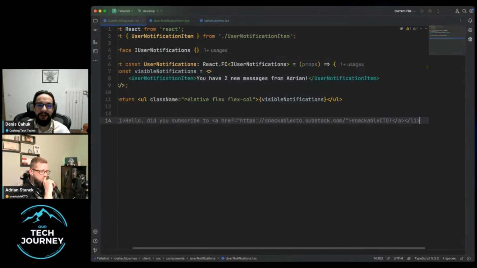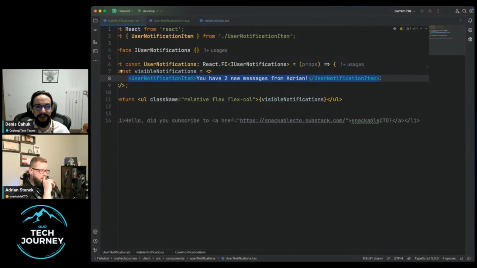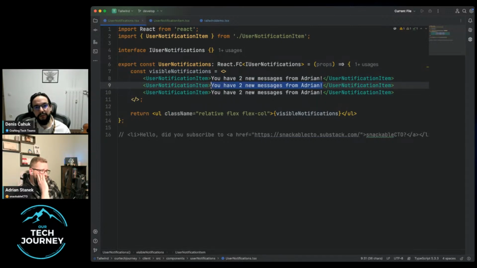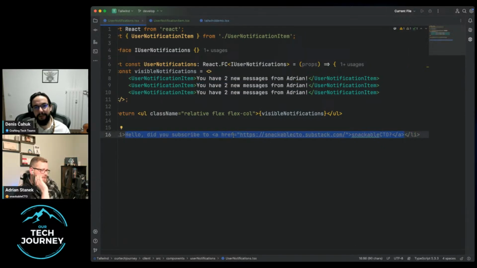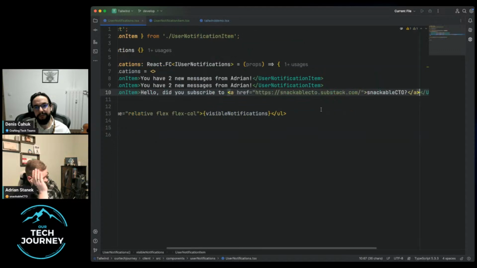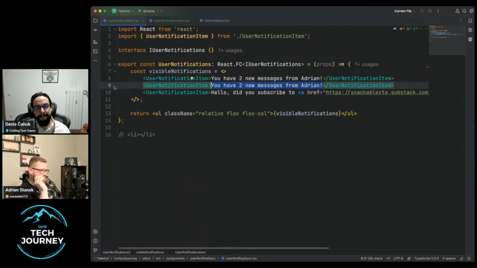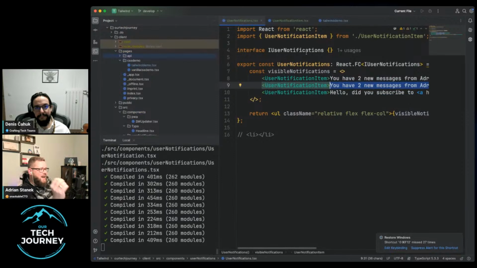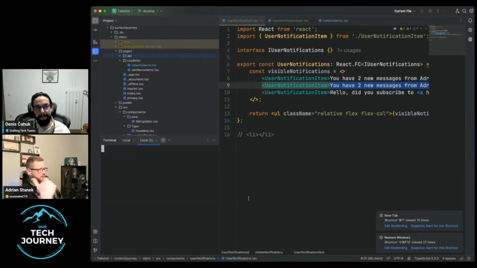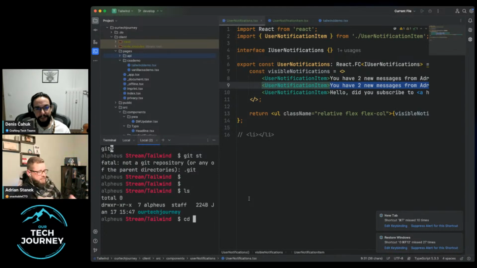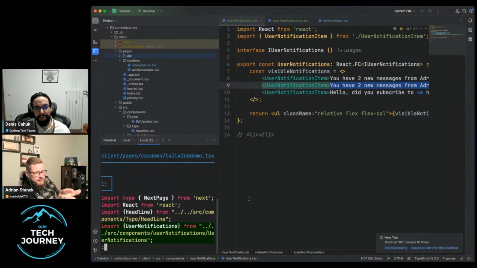Okay, hang on. Let me keep my clipboard. So I want to duplicate. And there we have already another decision we need to make, which is we had a button inside there, which is this href type. So what we could do now is say, let's keep it loose. I know teams who really appreciate this loose idea of things. And there are others, where you tell the user notification item that it can have a button with an href, with a function call, and a target, for example, for the href. Or you can just keep it like that.